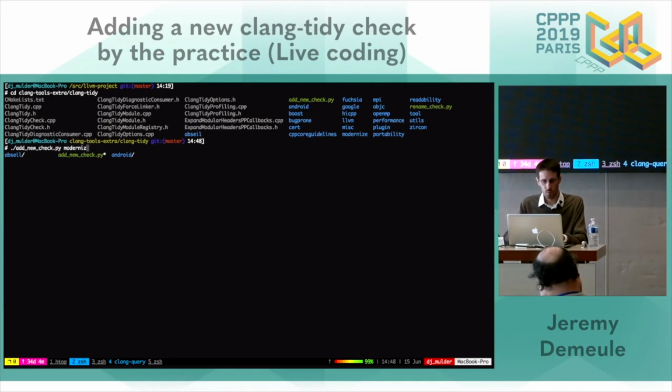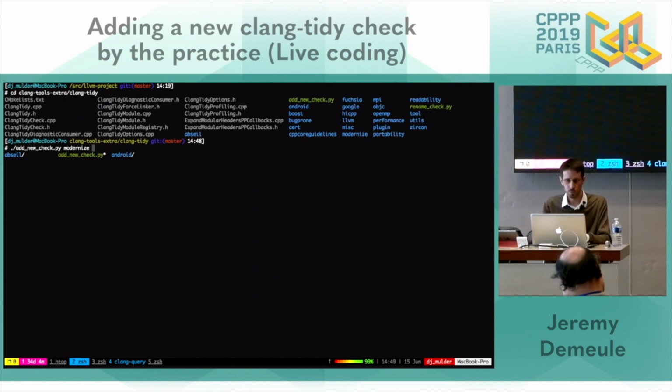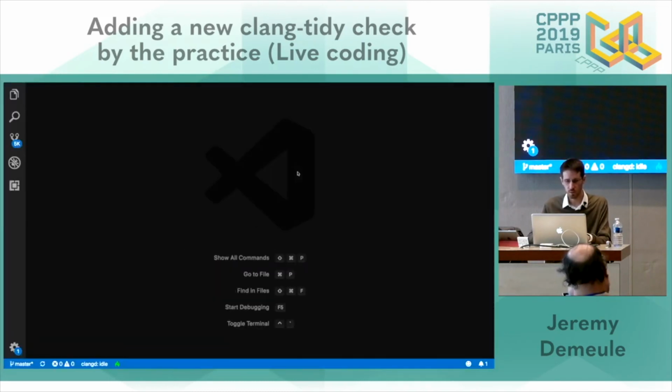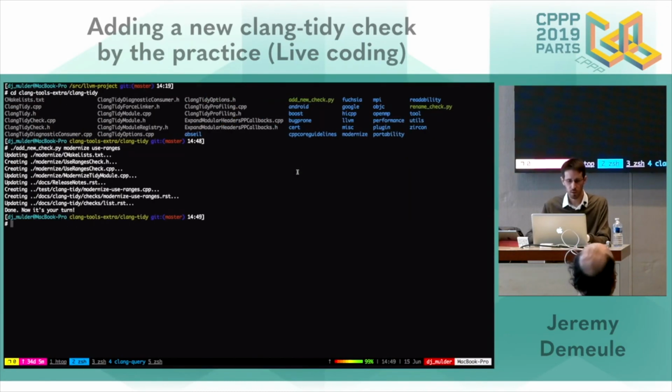I will put myself inside the modernize module, and I will call it use-ranges. It will do a bunch of things for me. Let me launch the compilation behind. It creates new files, my new check.